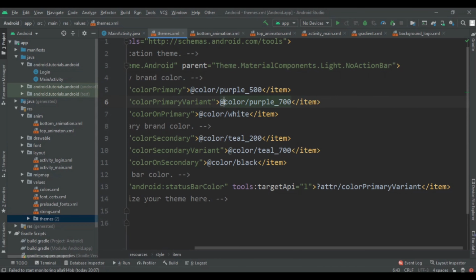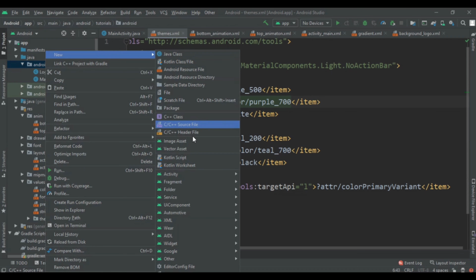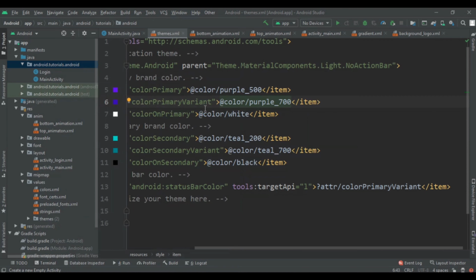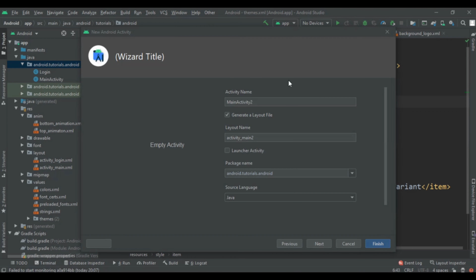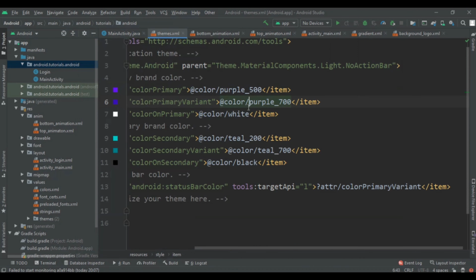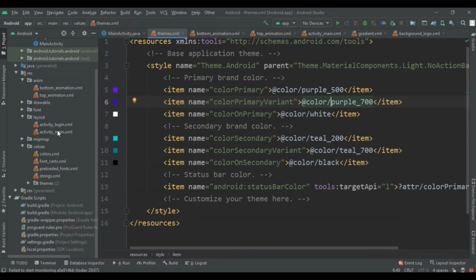automatically. So after that we are going to come in our package name and then right click on package name, select new, and from here you have to select activity, and in activity you have to select empty activity. When you click on empty activity you will find one pop-up where you have to write your activity name. So here we have to write login and then create this file. When you create this file we will be good to go, but before that we are going to write some animation.